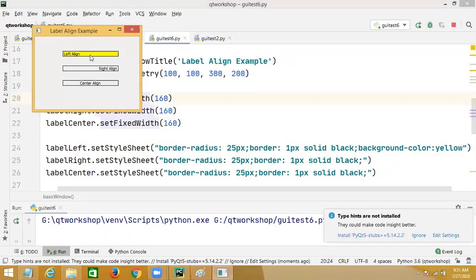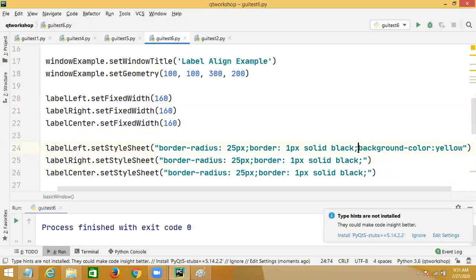Okay, so left align. Is the background color given or not? Yes. So this is changing the background color. So I just set the background color for all.